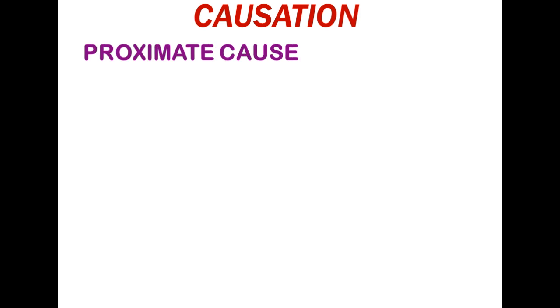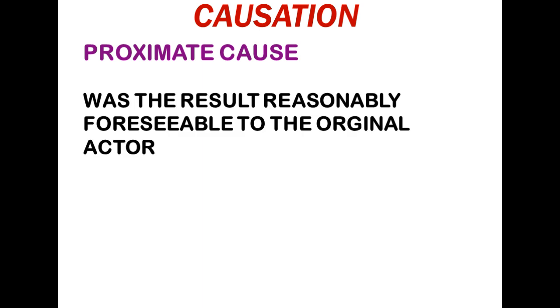Let's start talking about proximate cause for a minute. Proximate cause will give you a great deal of consternation because it is not an exact determination. Proximate cause is really a determination that for those who meet the but-for test, remember in that set before, what smaller group are we going to hold criminally liable? The test is mainly stated as, was the result reasonably foreseeable to the original actor?